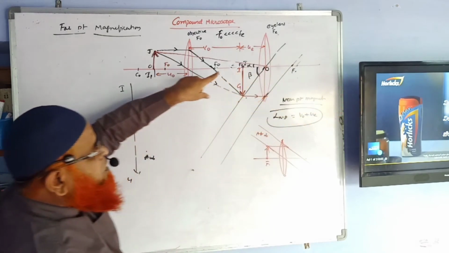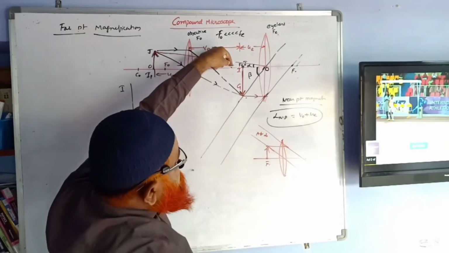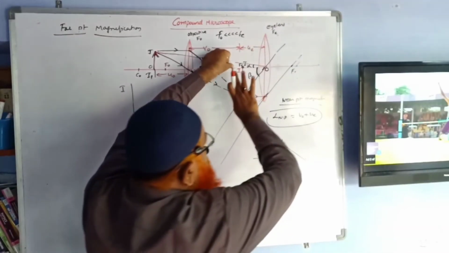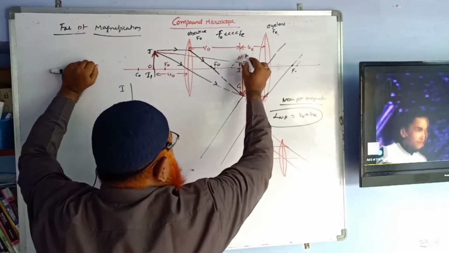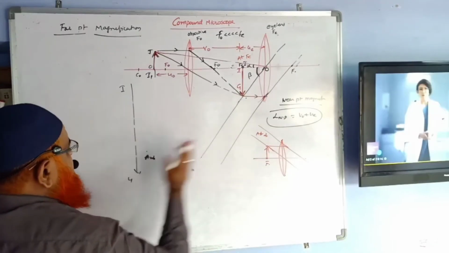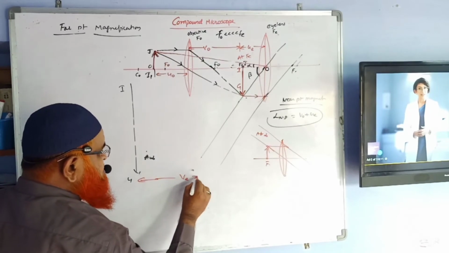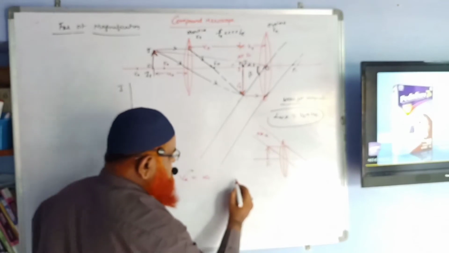That's what we are doing now. When you move this eye lens backwards, the focal point for eye lens, that is the principle of focus for eye lens, was here previously. But when you move the lens backward, it will fall here. Exactly at Fe, object is present now. Then final image goes to infinity. Now final image is going to be at infinity. That means VE is going to be infinity now. When VE is going to be infinity, let us see what is going to happen.